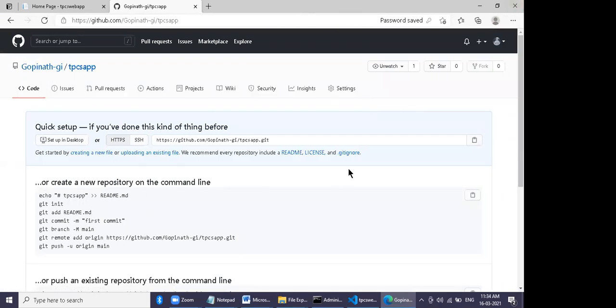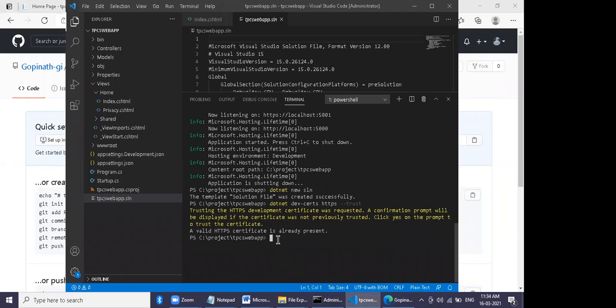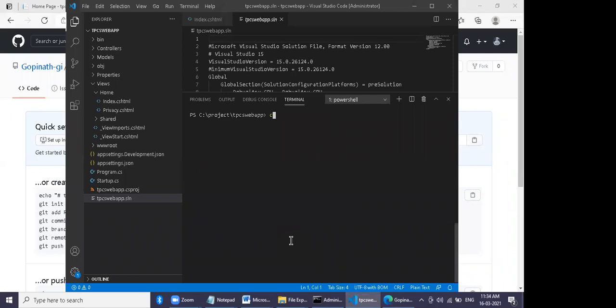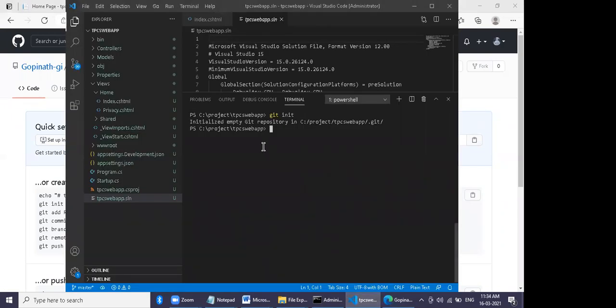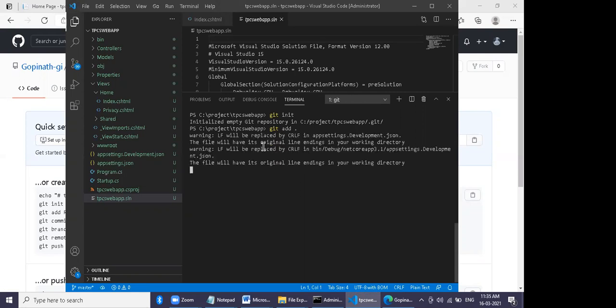So go and run the command first, git init. Remember, last day of git we did that. You just clear the screen first, CLS. Just say git init, then git add dot. No, not readme. You have a thousand files now to add. Git add dot. Dot means add everything in the root directory. Hit enter.